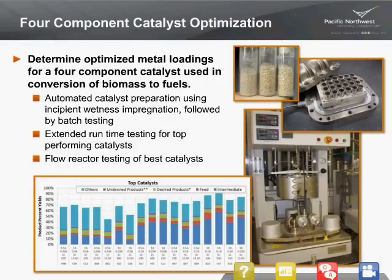The experiment I'll be talking about today goes over a 4-component catalyst optimization screening. We had a client come in that had a 4-component catalyst that they knew worked really well for the chemical process. They had done a lot of studies on this catalyst, and they knew some of the importance of the different active components on this catalyst. But that all takes time when you're doing one reaction at a time, one flow reaction. So they were hoping that our high throughput equipment could help determine their optimized metal loadings for this 4-component system, and also give some significance on what each of those components actually provided, be it high conversions or specific product